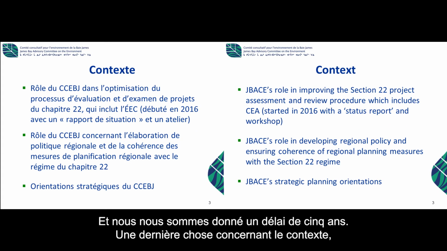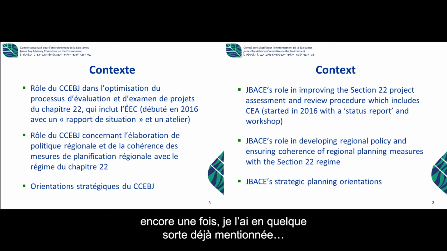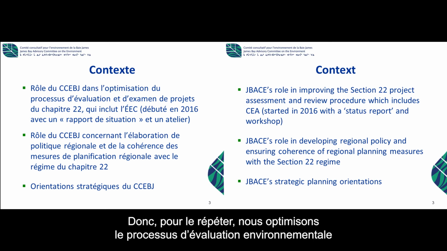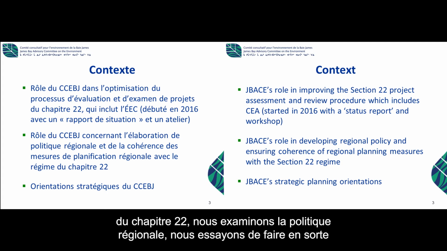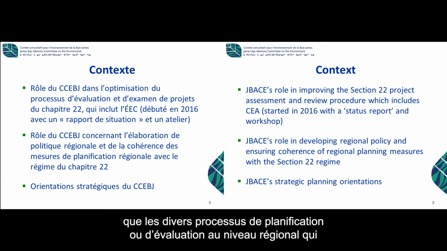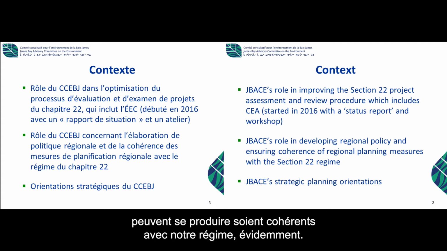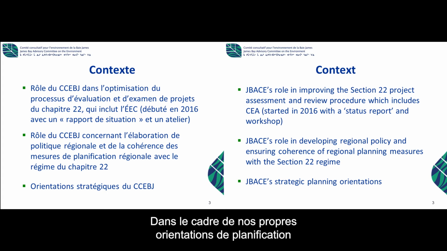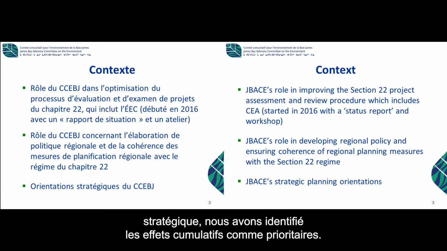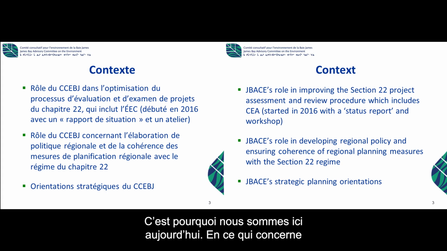I'm going to, just one last thing on the context here, again, I've already kind of mentioned it. So to rehash, though, we improve the Section 22 EA procedure. We look at regional policy. We try to make sure that the various regional level planning processes or assessments that may occur are coherent with our regime, evidently. And within our own strategic planning orientations, we've identified cumulative effects as a priority issue. So this is why we're here today. Now